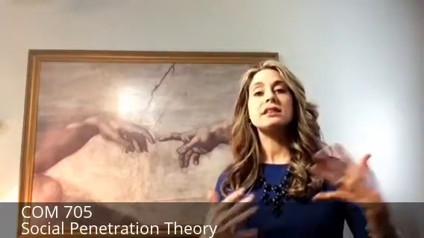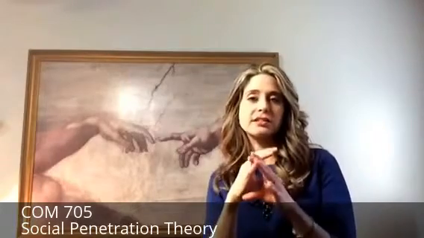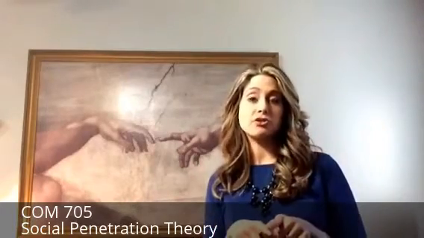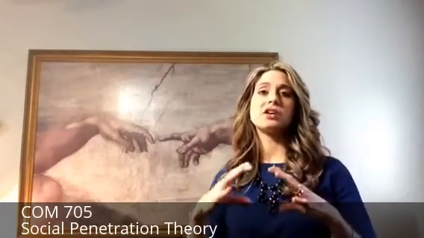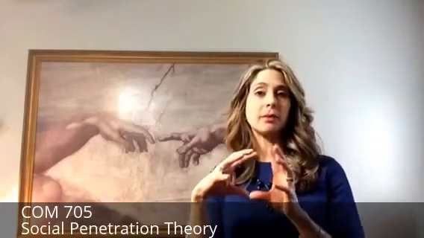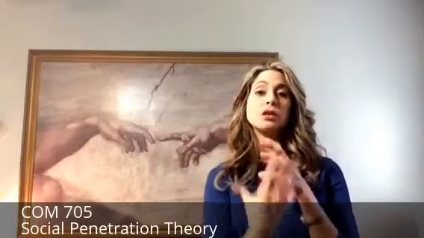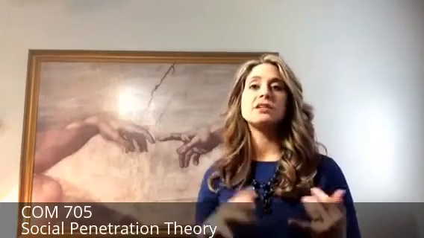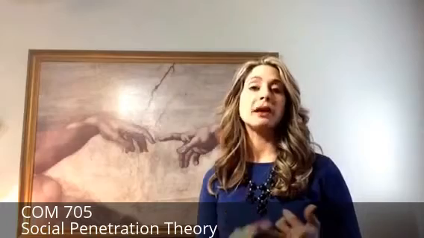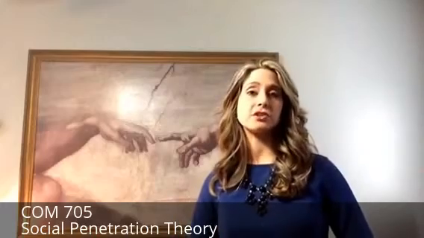So then we look at the stages. Basically, you think about that onion again, the layers or the levels. First would be the outer layer of the onion, the orientation stage. So basically, that's public information. Just like an onion, anyone could see that. It's on the outside. So you may talk about the weather. You may communicate to someone based on what you're dressed like or what kind of car you drive. So this is public information.